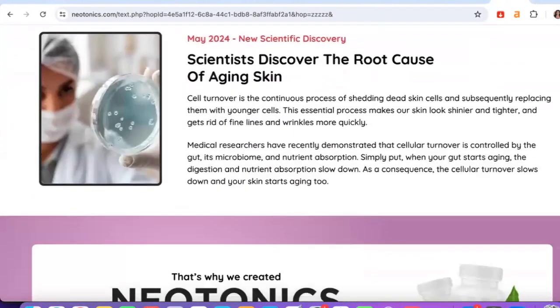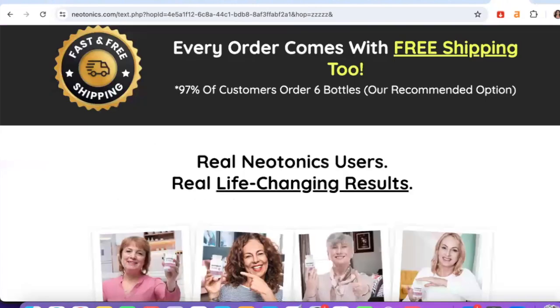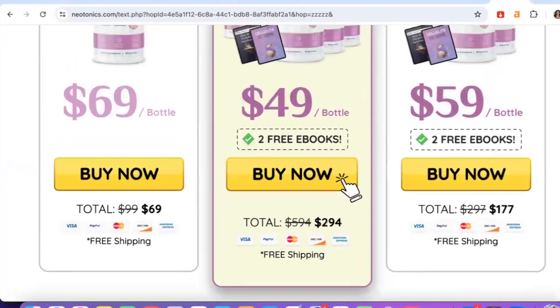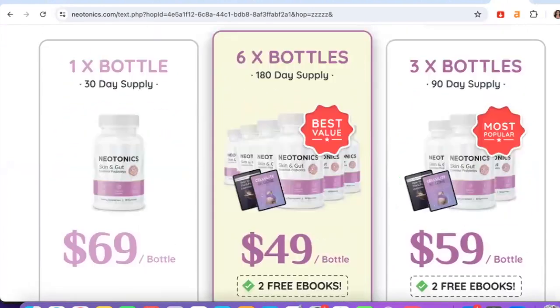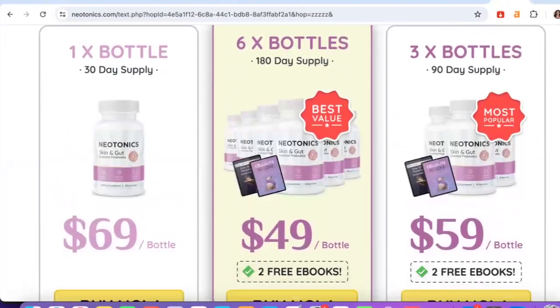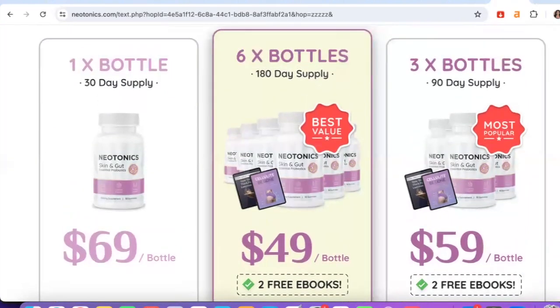Now, I love promoting supplements, and I recommend promoting supplements. You know why? Because you can actually earn recurring revenue. Because look at this, guys. Every single month, someone's going to come back and buy another bottle and another bottle and another bottle. This means recurring commissions for you as an affiliate, right? So unlike trying to promote one product and then trying to get more customers and new customers all the time to buy the new products, you can get one customer, guys, that can continue to pay you every single month. It's actually better to run a business that way versus always trying to go out there and find a new customer.